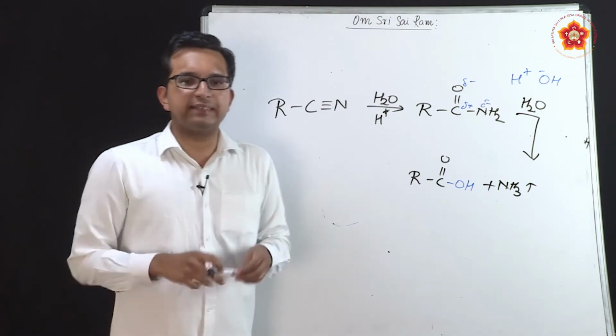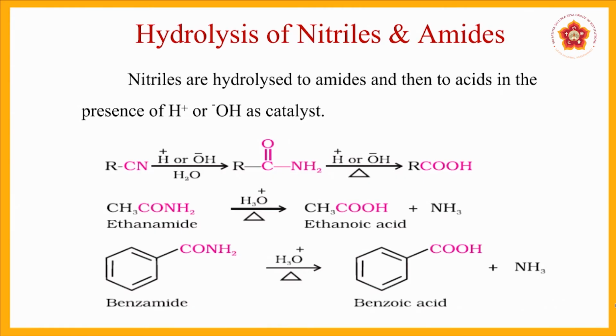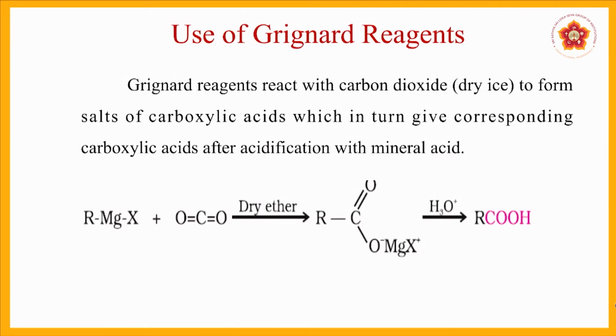So if you see some more examples that are present there, ethanamide, where directly in the examples they are taken from amides, ethanamide, because there are 2 carbon systems available, you will get ethanoic acid and ammonia. From benzamide you get benzoic acid and ammonia. Basically it is just about addition of water to these compounds. So having seen this hydrolysis, we once again utilize